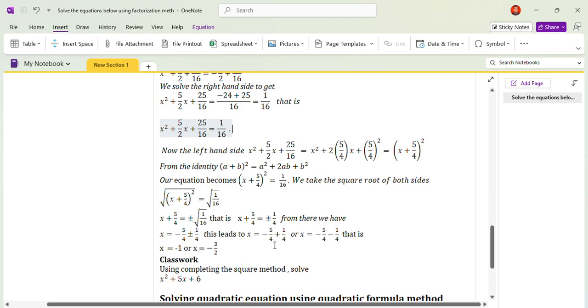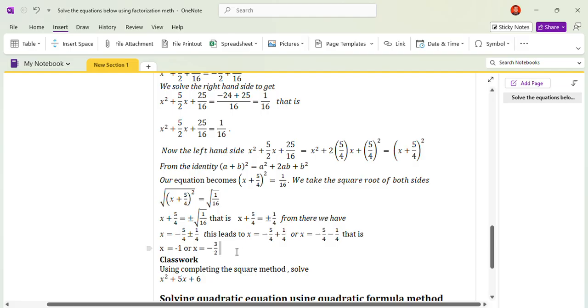Minus 6 over 4 is what? 2 in 6, that will be 3. 2 in 4, that will be 2. So by simplification, we have minus 3 over 2. And if you check this answer from the previous, you will notice that that was what we got even when